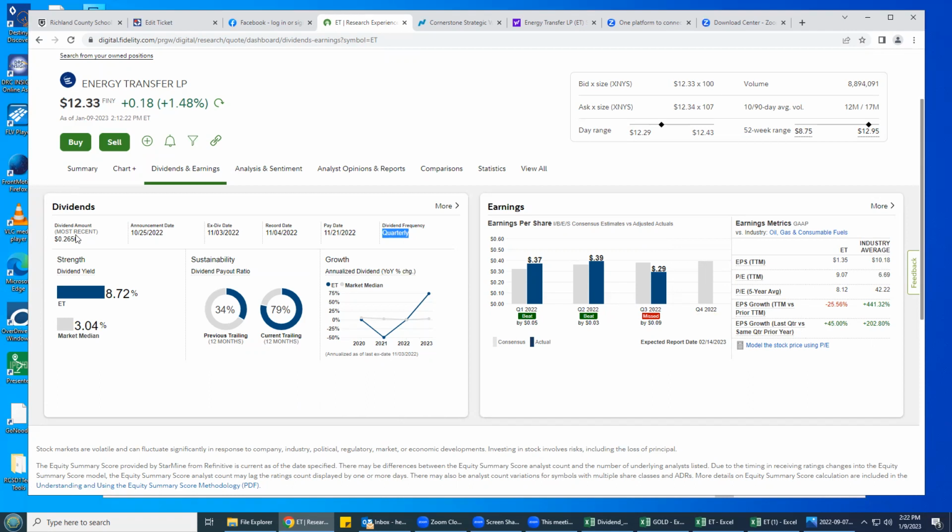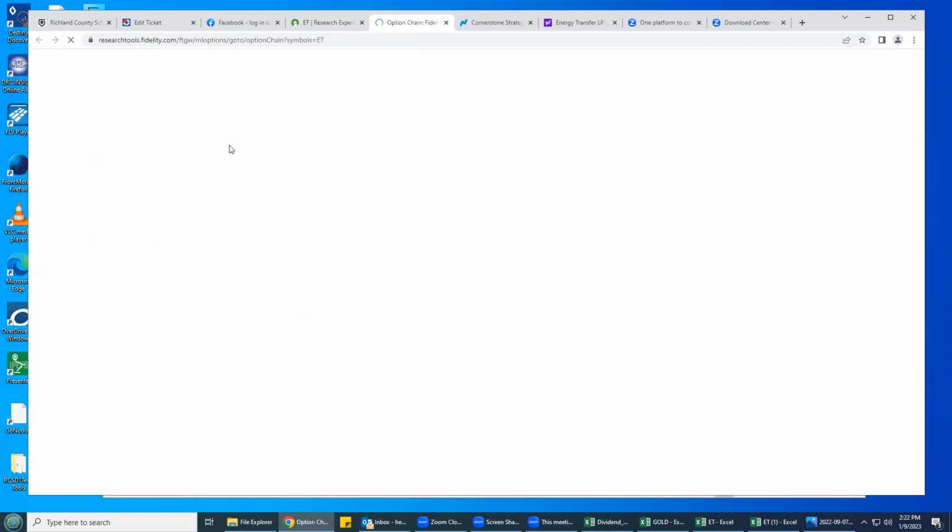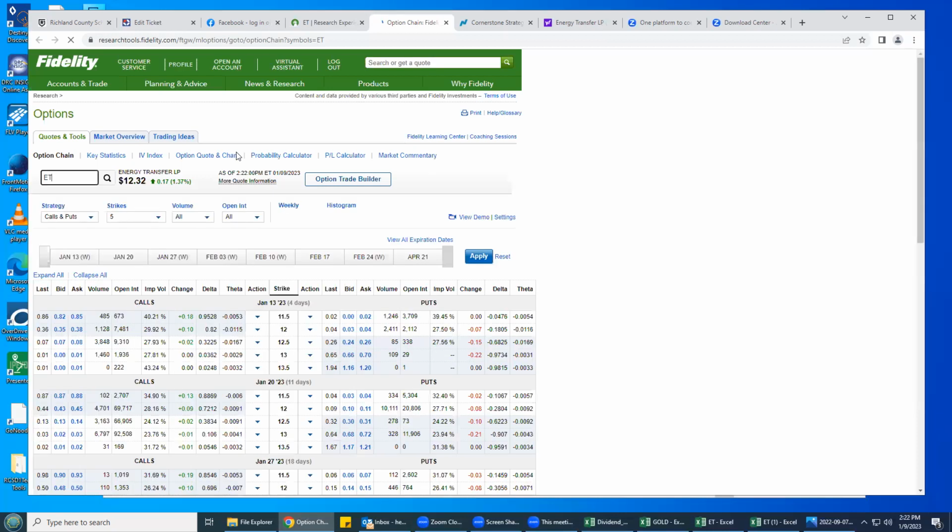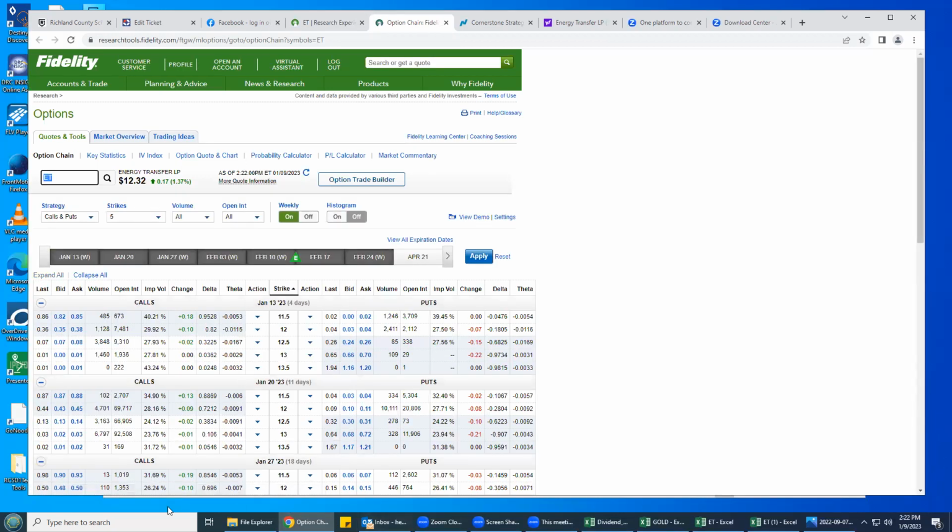0.265, which is approximately 8.725, 8.72%. What you want to do is say, okay, I'm getting 8%, stock goes up or down. Can I get 10% off the option of this stock? And it really depends on where the stock lays on the chart. So you go in and you pull up the option chain and you see how the option works. But before we do that, let's go back to